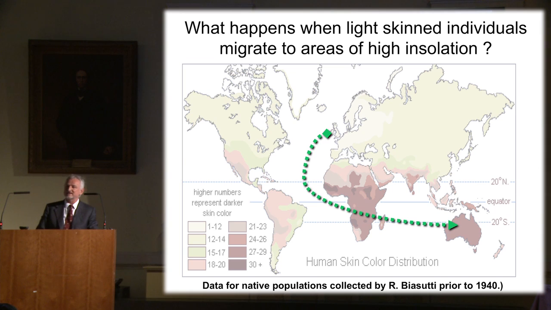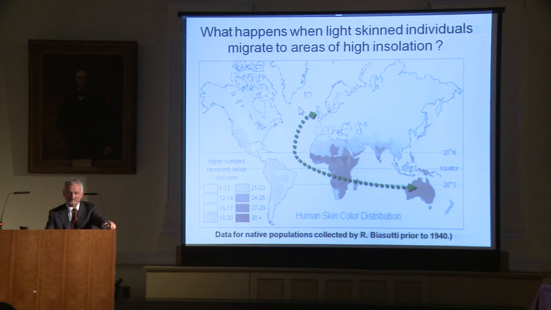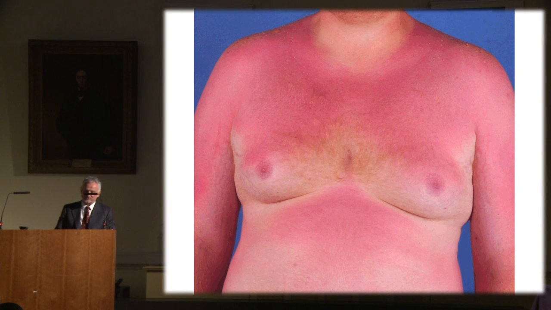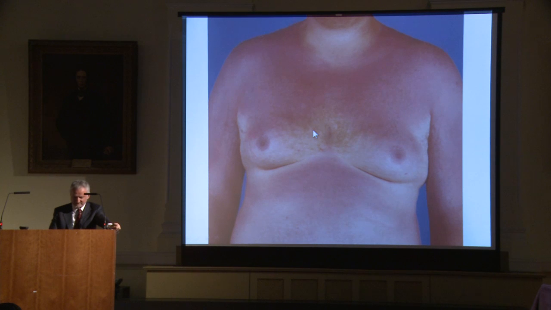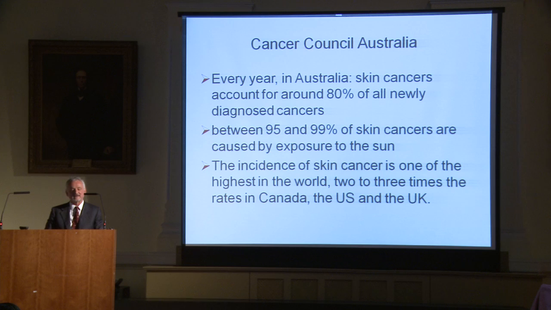This was the case. It's a natural experiment. What you have here is Irish or British, Scottish people who went or were sent to Australia, and from the skin viewpoint, what happened, of course, was first a sunburn. That's a person who has, as you can see, one of the MC1R mutations, too long in the sun. But what happened in the long run is, and these are data from the Cancer Council of